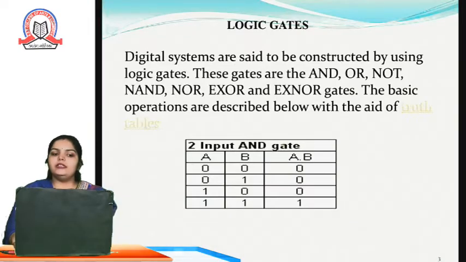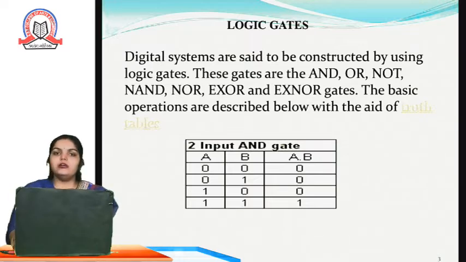So first of all, what is a logic gate? Every digital system is said to be constructed using logic because it works on logic. These gates, the AND, OR, NOT, NAND, NOR, XNOR and XOR gates, we use to design any digital logic circuit.